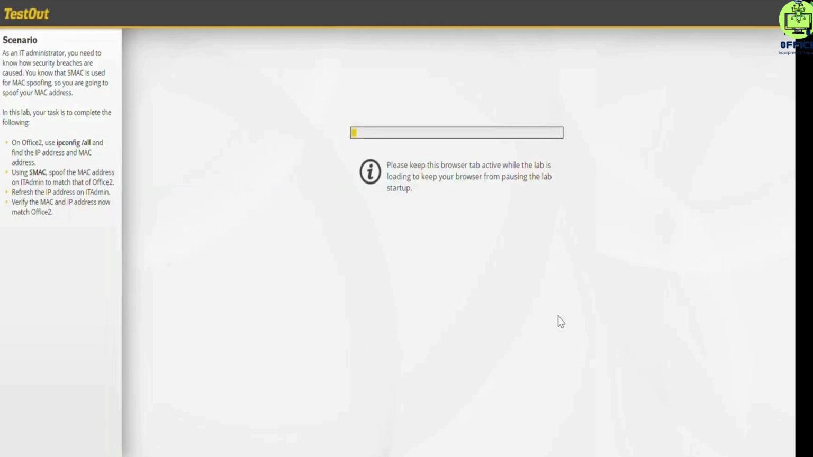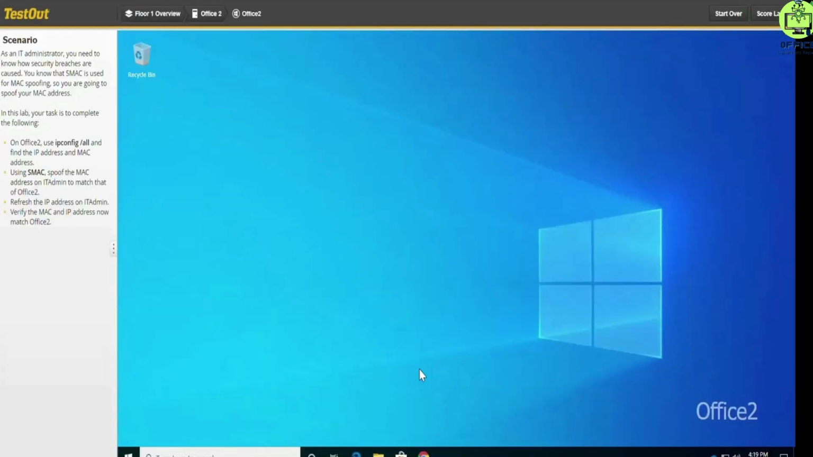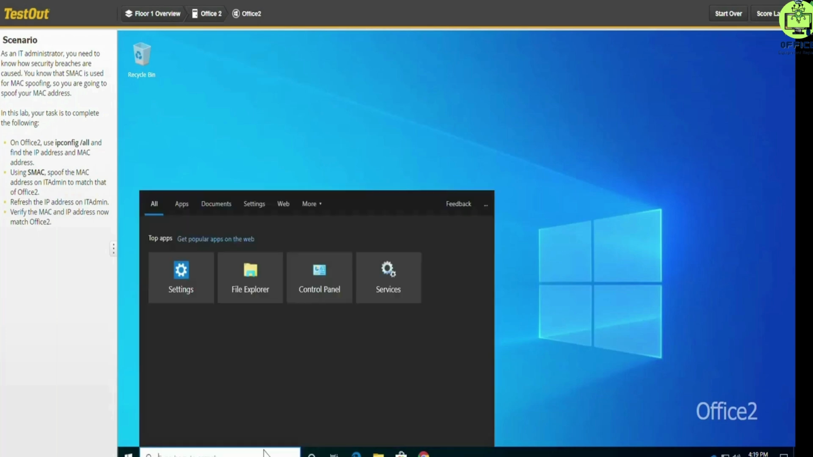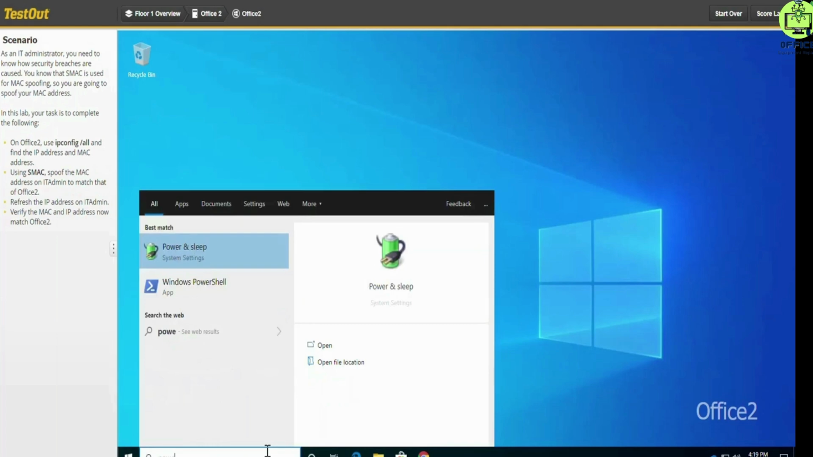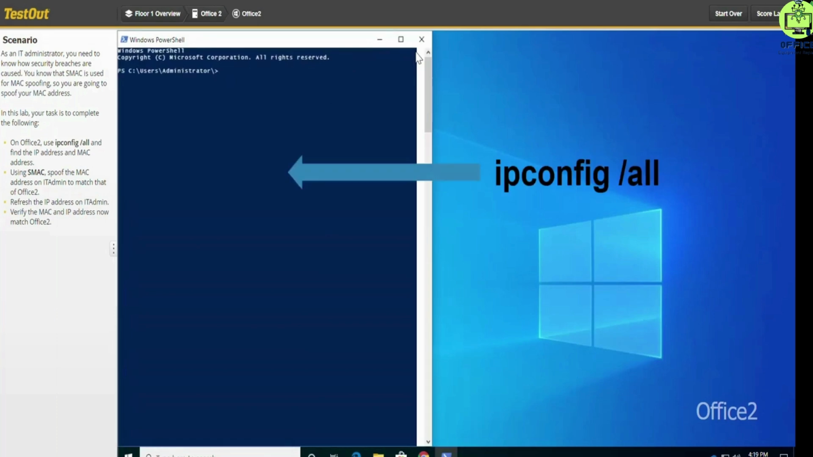All right, so we are inside the lab. Let's start right away. We'll go to search and open Windows PowerShell. Let me maximize this so that you see what I'm doing clearly. All right, so what I'm going to type in here is